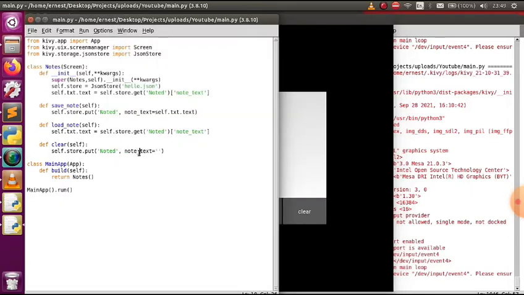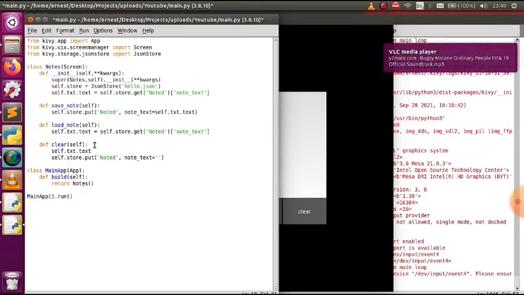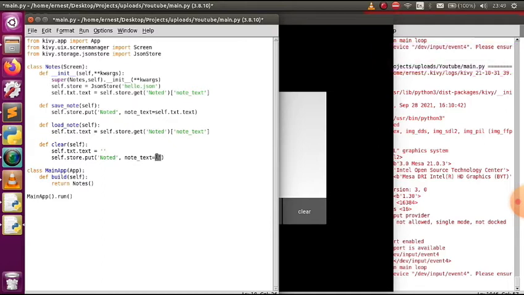So we have to specify what we want to clear. In this case, we want to clear the text of the text input. So self.text input, let's copy that, then it's equal to empty spaces, nothing. If you go on and save that,